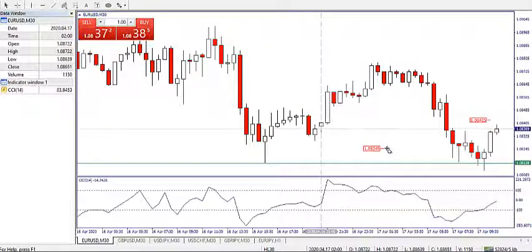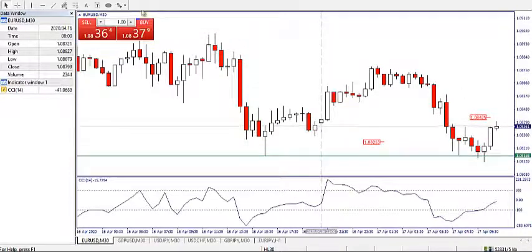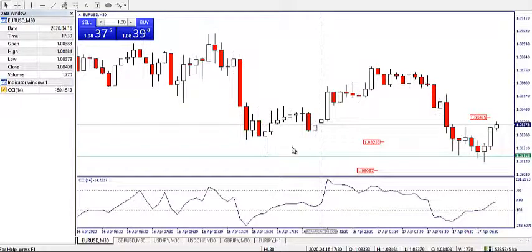25. At least 25. If the low is 15, it needs to go down to at least 25, but it cannot exceed 5, 10 pips below the previous day's low. If it exceeds this range, in other words, if it doesn't go down low enough, it's not an HL30. If it goes down lower than 10 pips to the downside here, below support, it's not an